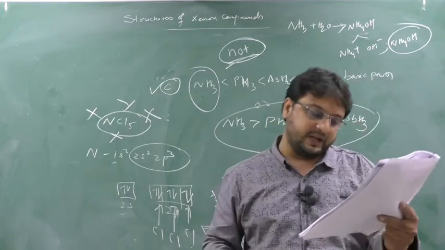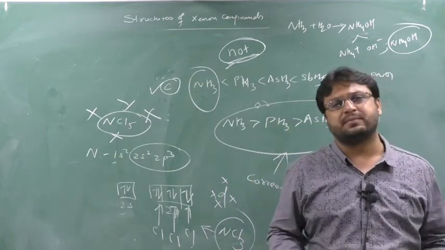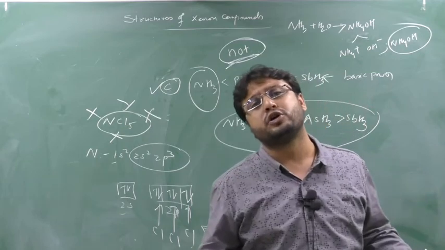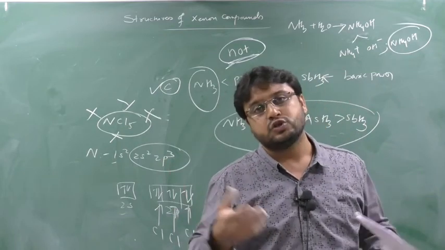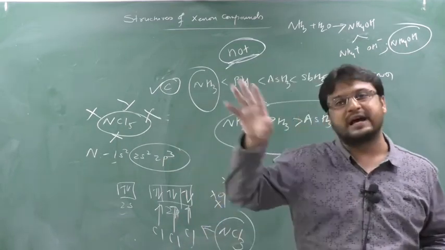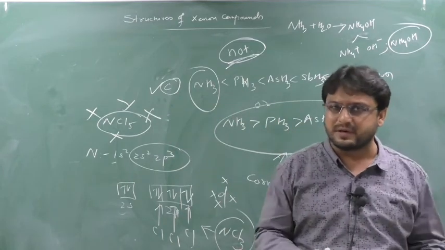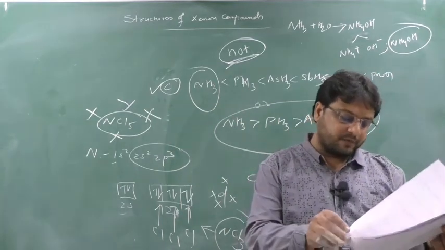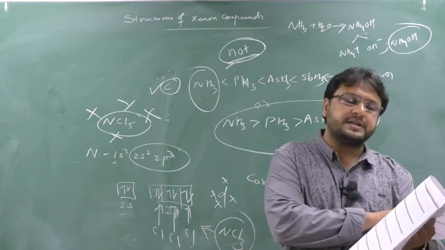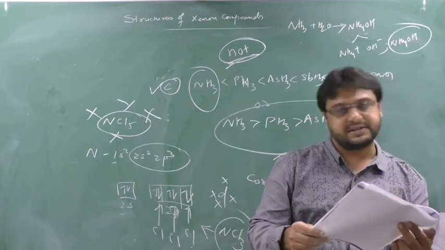Then question number 15: ozone is obtained from oxygen by silent electric discharge, Brodie's apparatus, yes or no? So oxygen is undergoing what? Silent electric discharge. So this is a very simple question, that ozone is obtained from oxygen, so the answer will be C, that is by silent electric discharge. That is the correct answer.